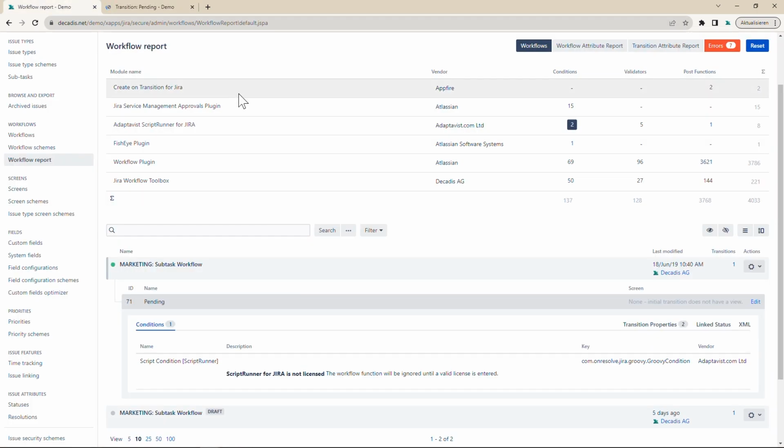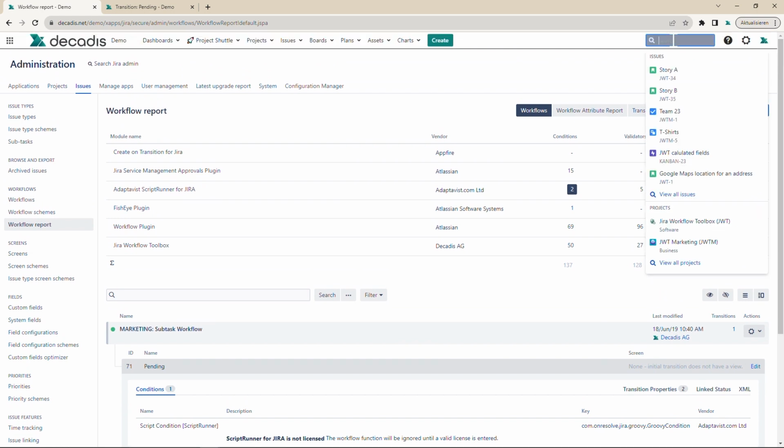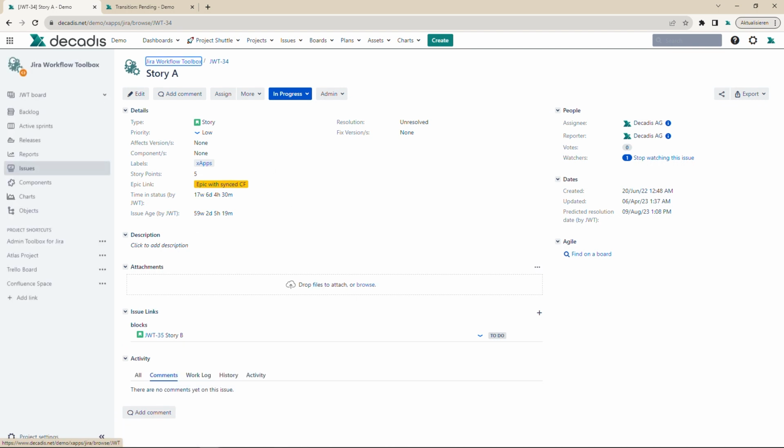Before diving into all of the changes in the workflow management, I'll show you another short track for admins to get into the workflow you need that we added in one of our newest releases. So imagine a user has a problem with one of your issues. And looking at the issue, you might suspect the problem lies somewhere in the workflow, which you can look at